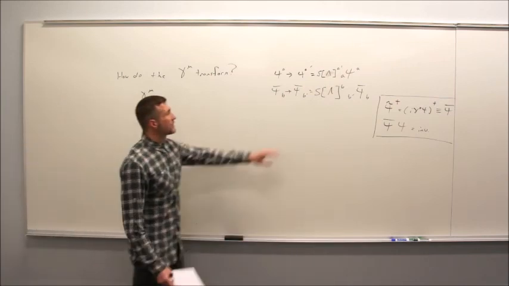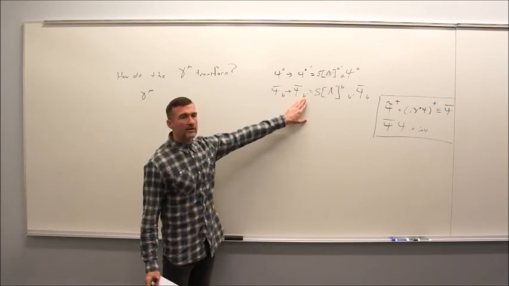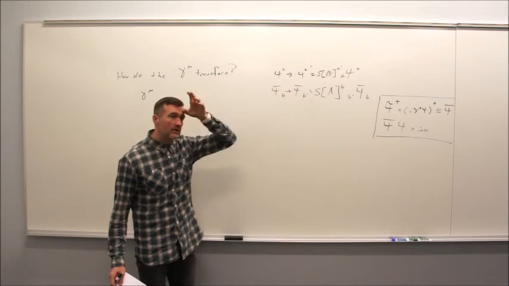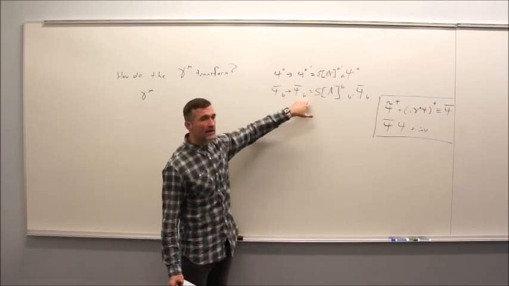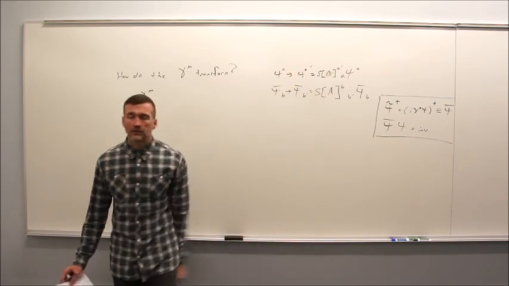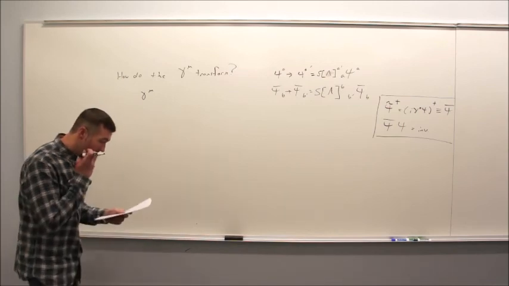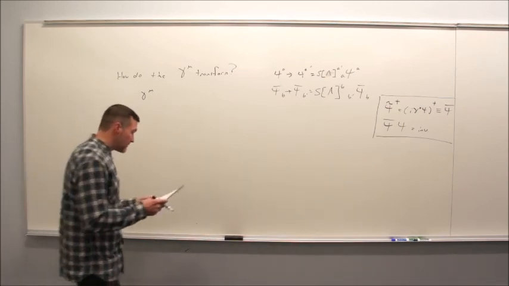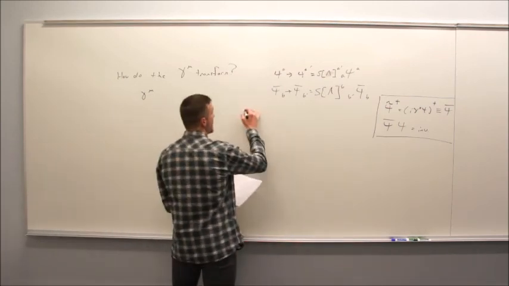We're giving this a lower index because we're referring to it as a dual spinor. Just like a dual vector gets a lower index, the dual spinor gets one, and so forth. And then the invariance of psi bar psi